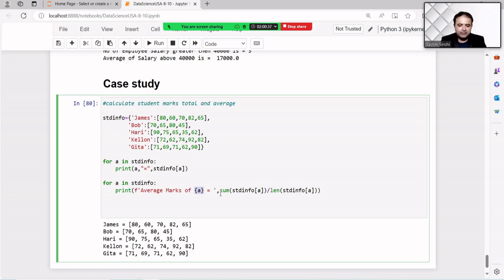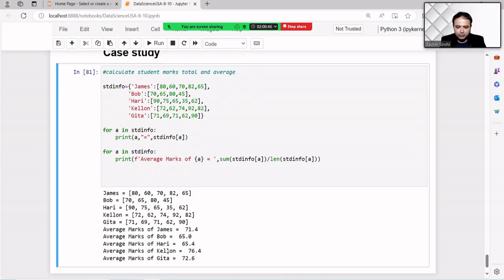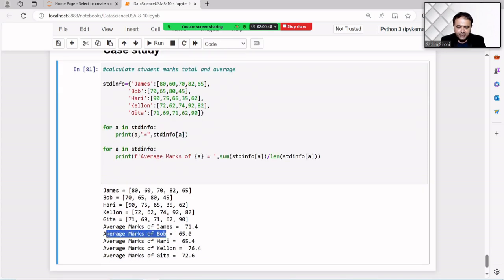And when we want to print the value again after the a, because when we print the value a, it will print the marks of James. Inside a we have James, but 71. When we total all the marks of a, divided by the length of student a, the particular length of this one,